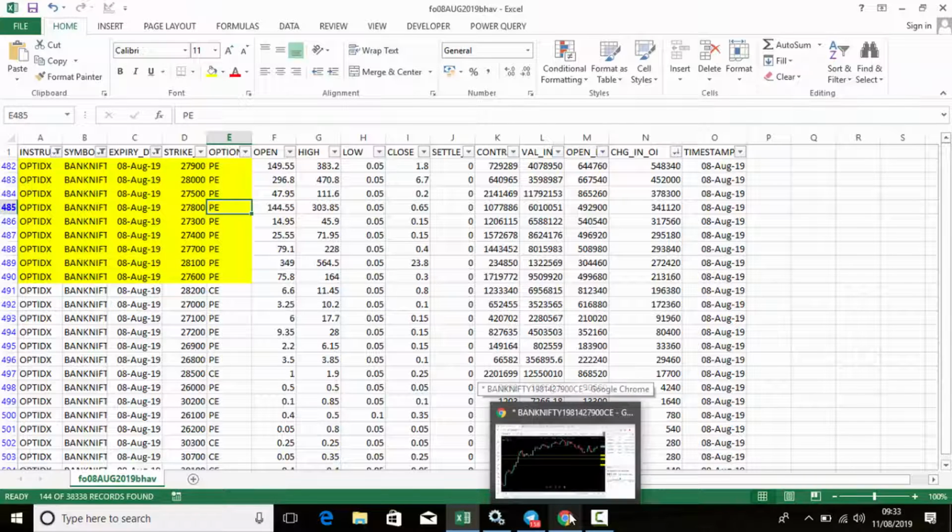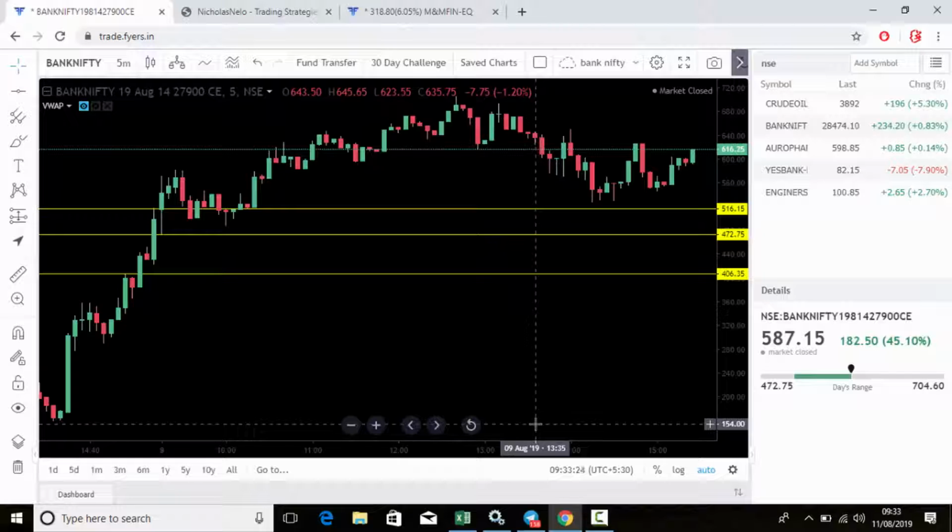So when I check the chart, it shows that it's in a downtrend, put is in a downtrend, that means Bank Nifty is up. So you just follow the opening 5 minute candle, how it reacts, how it moves. Put options opening 5 minutes just broke the low, and we already know this market is in an uptrend, so the put will come down, that's why we sell. As option sellers, we can sell the put option, and option buyers just check the first candle. If it breaks the previous day high, you can buy it and keep the stop loss there. Okay, this is my idea I got recently.